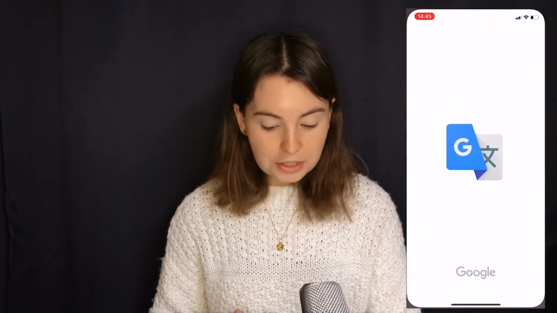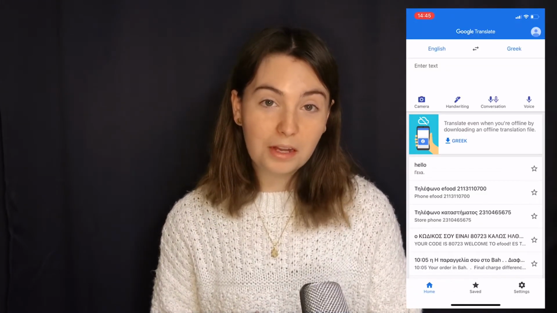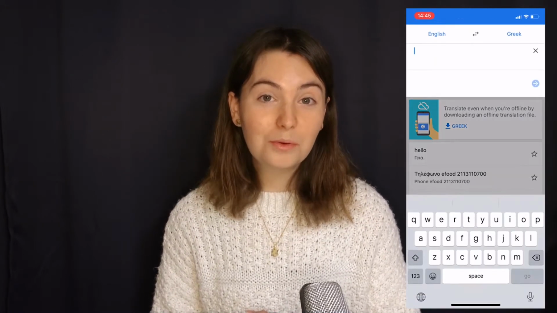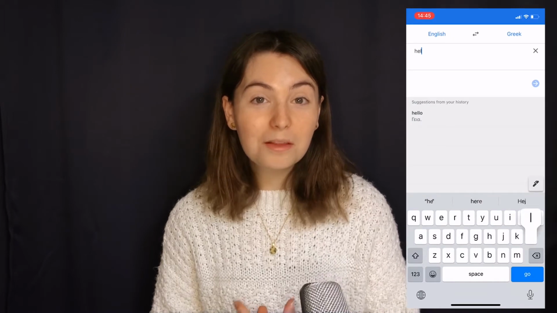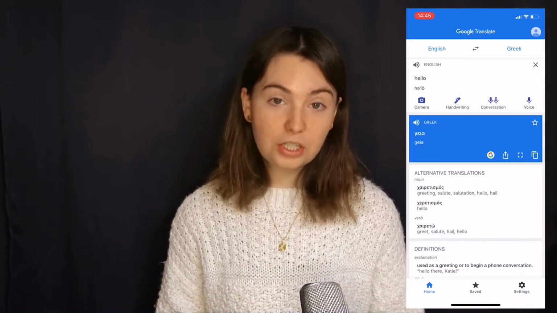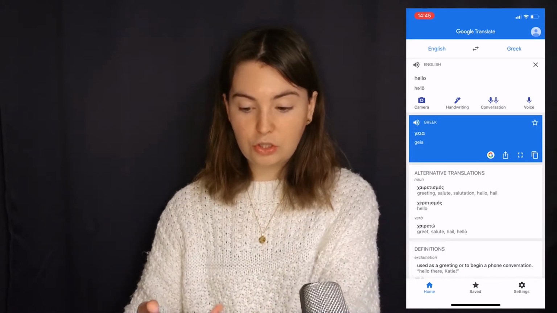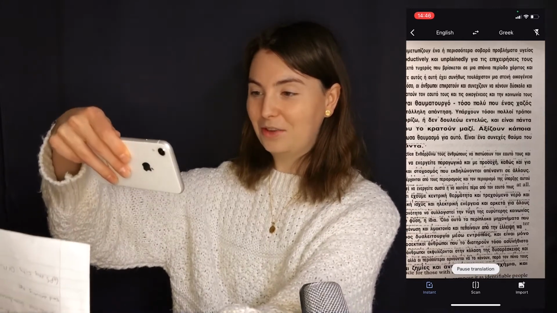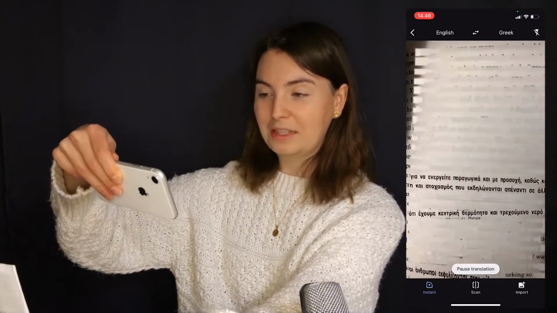We move over to Google Translate. Just like Google Maps, you have an offline function, which is great when you're traveling. You can choose which languages you want to have available offline, and you can use the camera function. If you have a text, you just put the text in front of you and hold the camera up, and it will translate directly. Or you can just take a picture and highlight the sentences that you want to have translated.